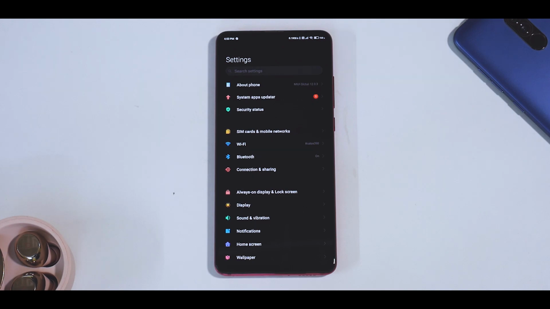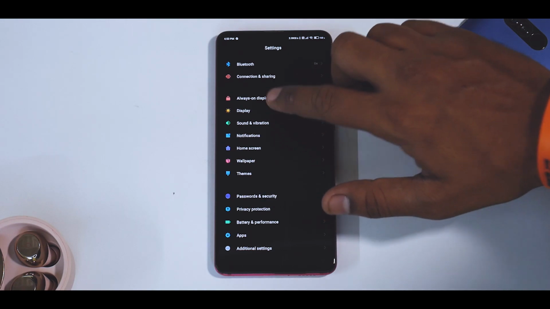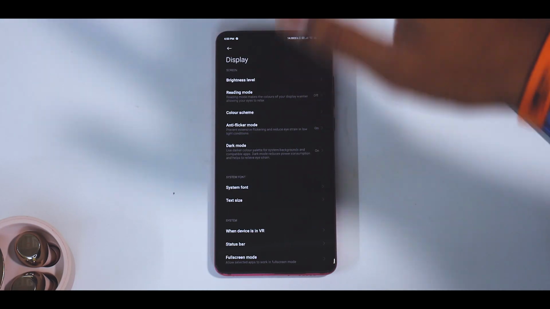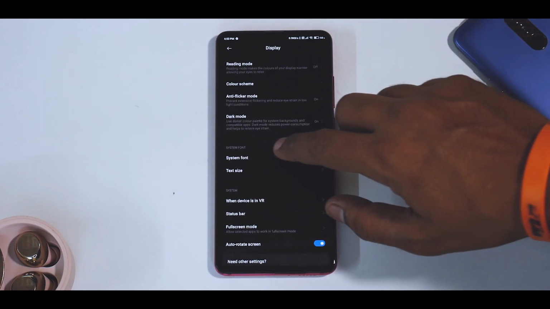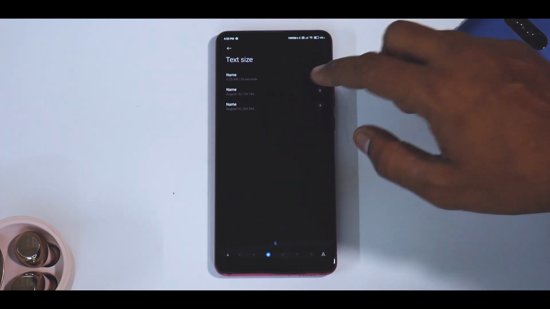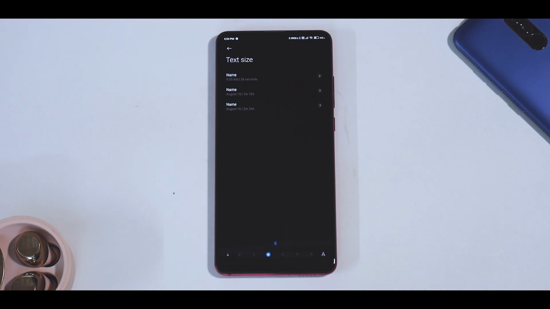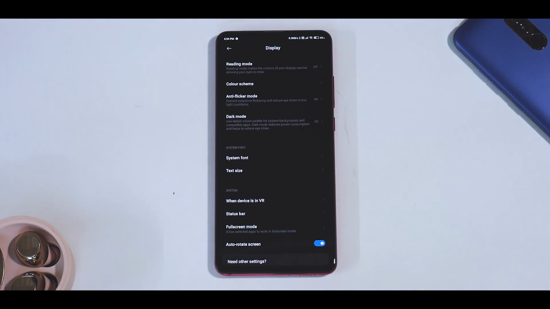I don't use any MIUI preset theme. At times I might enable the Google boot animation just to get that feel. But apart from that, this for me works pretty well. And if we go to display over here, you will see that I have reading mode that is disabled, but dark mode and anti-flicker is always on. And I use pretty much most of the time the stock font, and the text size, if you can see, is set to small, and the DPI size from accessibility settings as well, I keep it on small. That is how I like it. Like, more content should be filled in to a larger part of the screen.